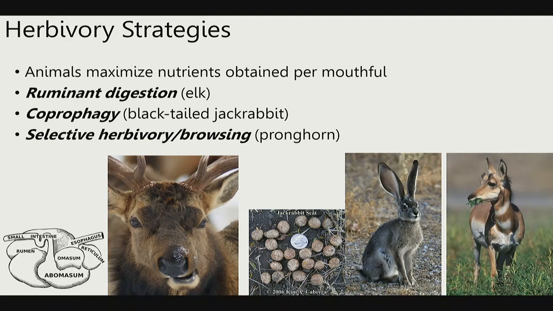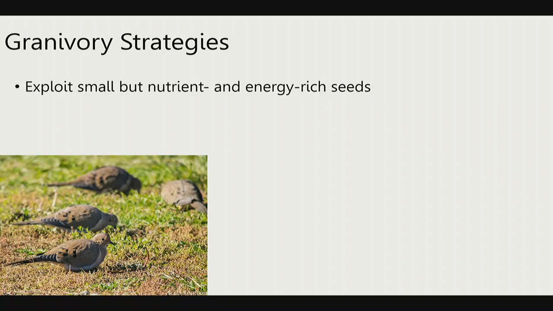And then some animals just kind of have behavioral adaptations. Instead of having mechanisms to digest this tough grass, they're just very selective about what they eat. They only eat the newest shoots, the things that are most digestible, to avoid sort of the stress here. And some animals really focus on just getting the seeds, avoiding these tough to digest grasses and just going after those little packets of nice, easily digestible nutrients in grass seeds.